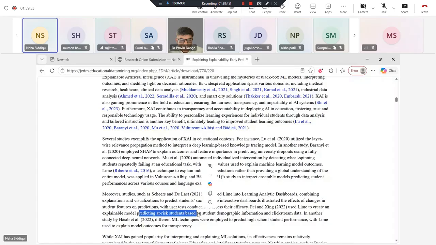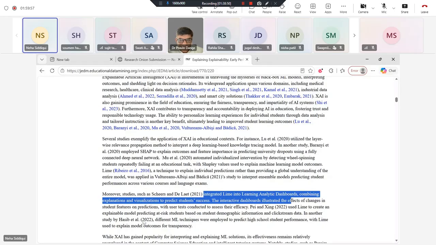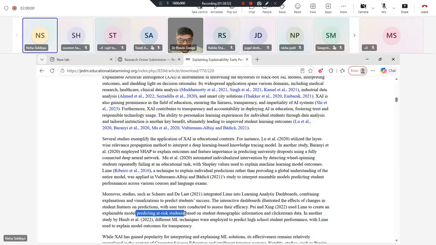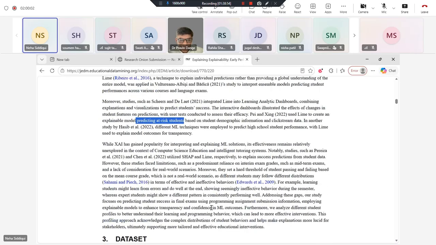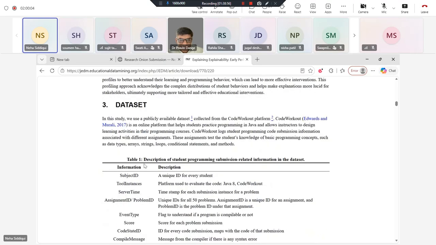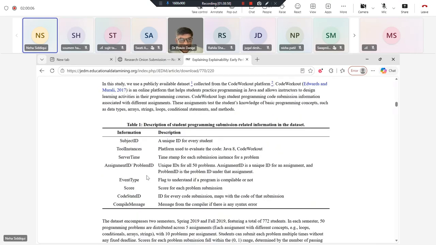If you see here, it also has integrated learning analytics, predicting high risk students. So this is kind of something which my research area would be looking like. When I go to the data set also,